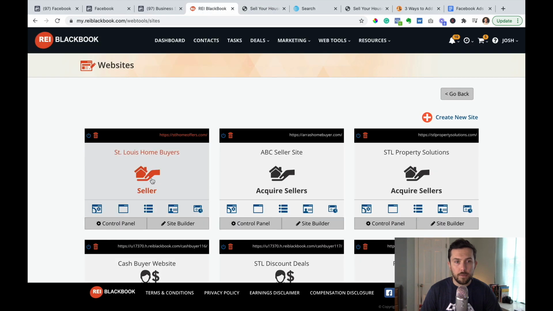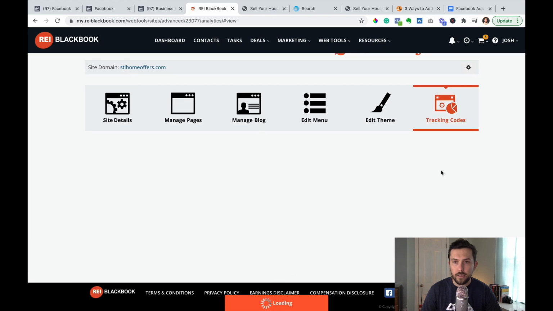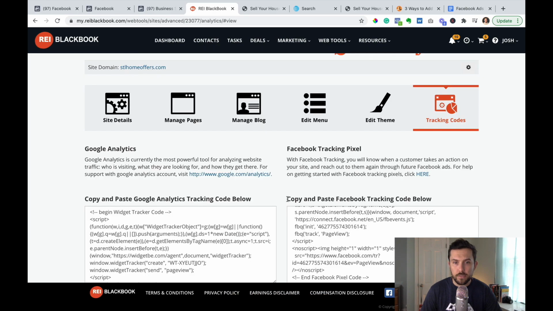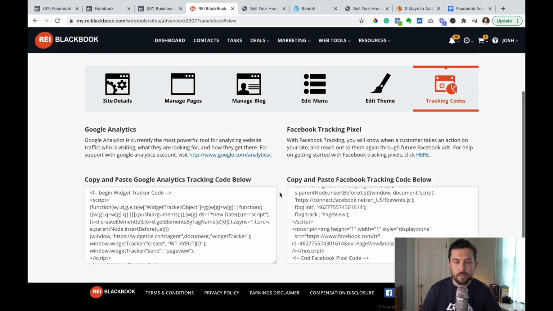And so I'm going to jump inside of the control panel on my website, click on Tracking Codes, and you can see this is where I would paste it. Again, I've already got the code installed, but this is where you would paste the code, and then you just hit Add Tracking Code to Site. Now, if you are an Ariad Blackbook user, this is also where you would post your Google Analytics tracking code, or any other tracking scripts for that matter. You can really put them in either of these boxes. It gets added to the same part of the website on the back end.